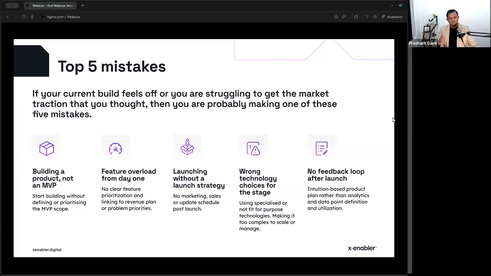Only create something complex if it needs to be. If you are doing a genome therapy, you are creating a new gene, yes, it needs to be complex. There's no other side of that. But if you are building a SaaS product, many of the time the product can be as simple as possible.